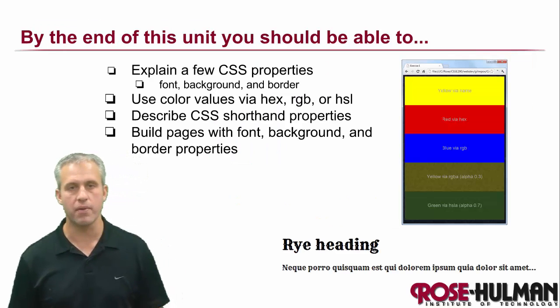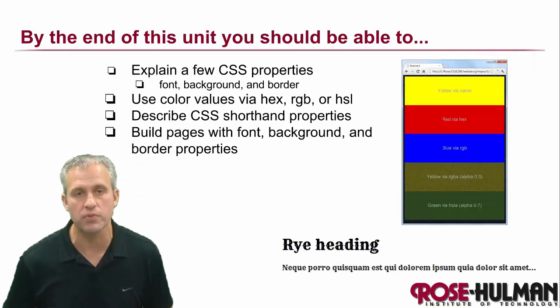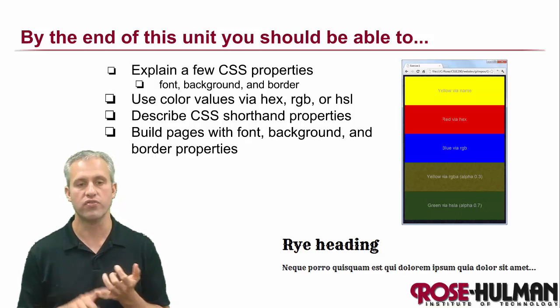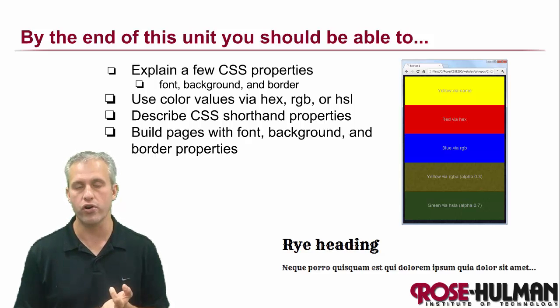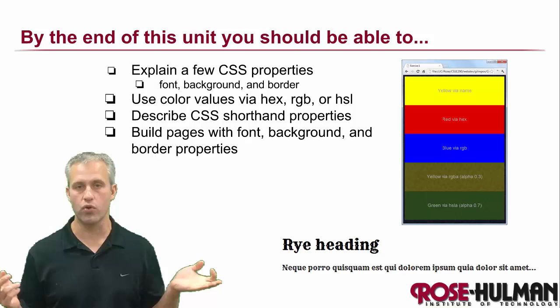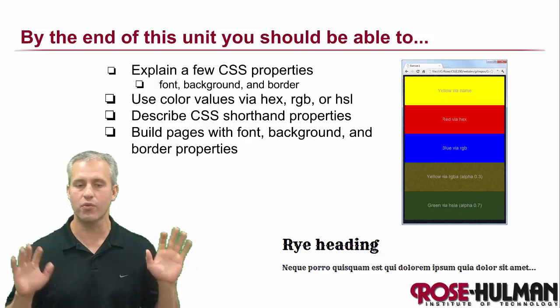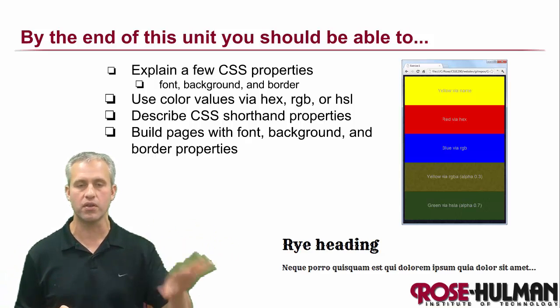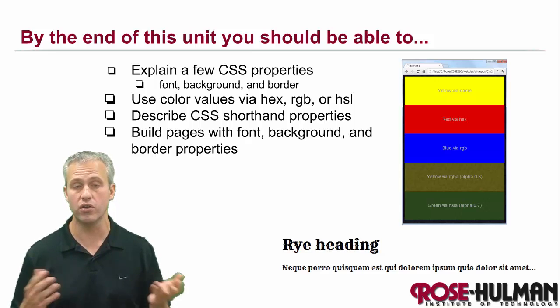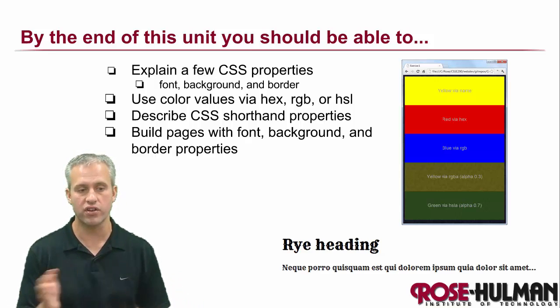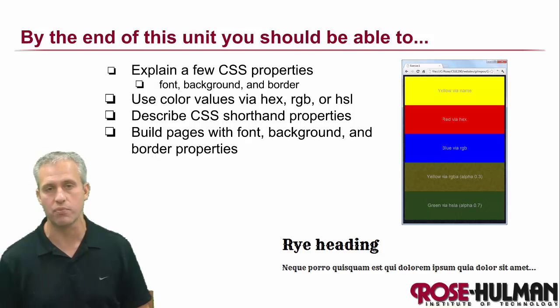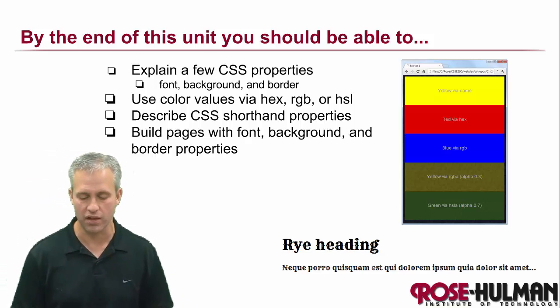Specifically, in order to talk about it, I had to pick a couple. So specifically what I chose to pick was font, background, and border. To be honest, they're all pretty straightforward properties, and I just want to make sure we're all on the same page. I'm sure you've got experience from a lot of other places, but I just wanted to do at least one thing together just to fill in some gaps about these properties and let me say some things about properties